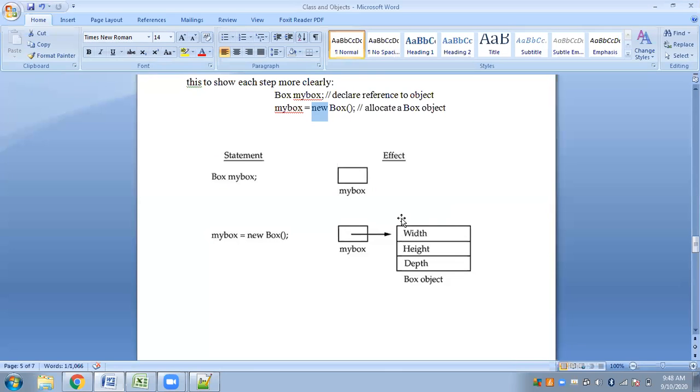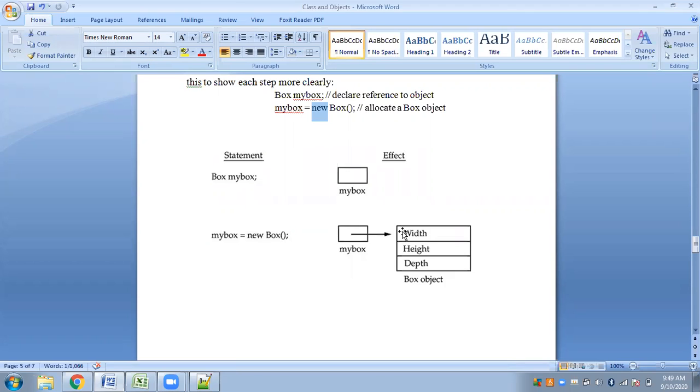Besides creating the object, it will also assign the base address of that block, that is the first address or the starting address of the object, to the variable. So now that the starting address has been assigned to myBox, if you can see this diagram, myBox finally points at the object that has been created. These are the steps involved in object creation.